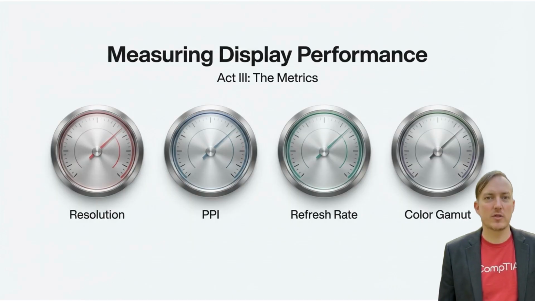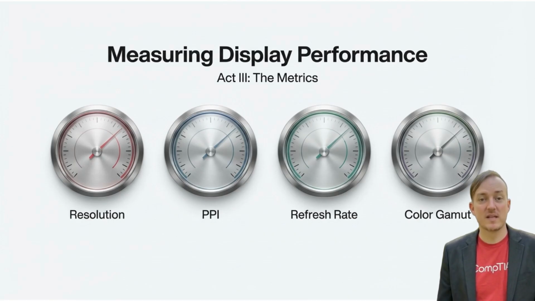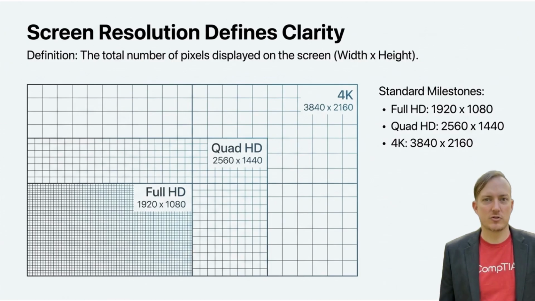For Act 3, we look at the metrics. How do we objectively measure and compare display performance? We evaluate 4 key areas: resolution, PPI, refresh rate, and color gamut. First is screen resolution, which simply defines the total number of physical pixels displayed on the screen, measured as width times height. You need to memorize the standard milestones: